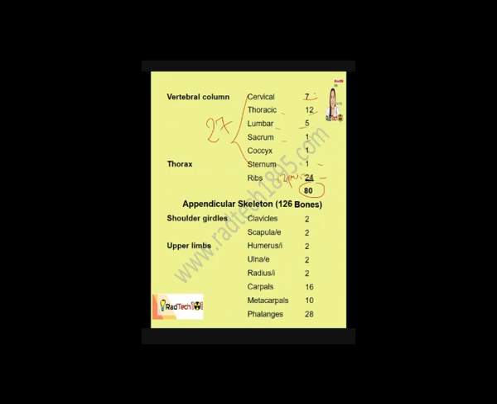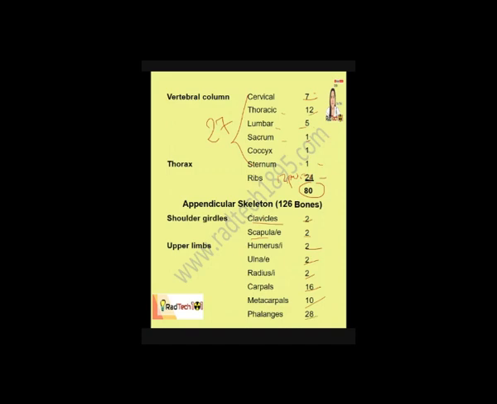Then for appendicular skeleton, we have 126 bones. This includes the shoulder girdles, so clavicles left and right, so 2, scapula or scapulae, 2, left and right. Then upper limbs: humerus pag singular, humeri pag plural, so left and right. Ulna, left and right. Radius, left and right. Carpals, so 8 for each hand, so 16. Metacarpals, of course, left and right. Phalanges, left and right,